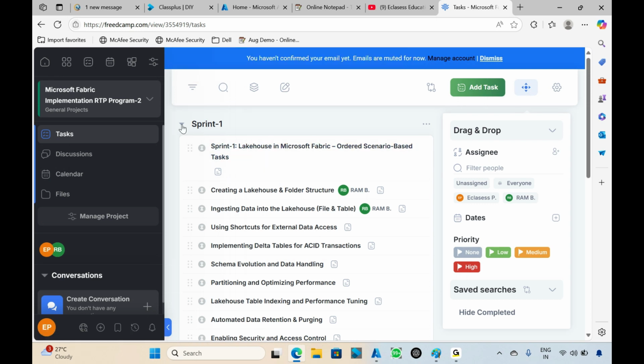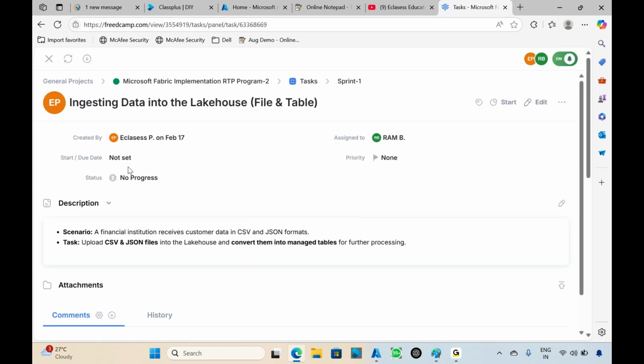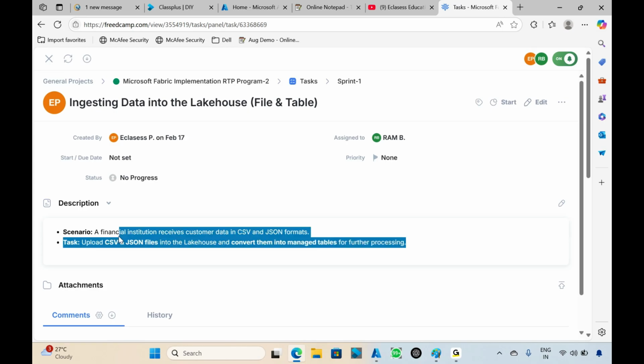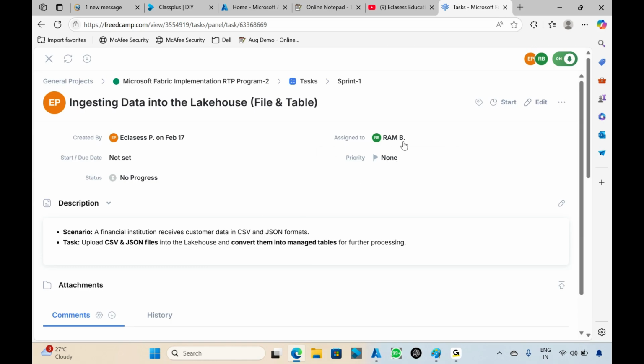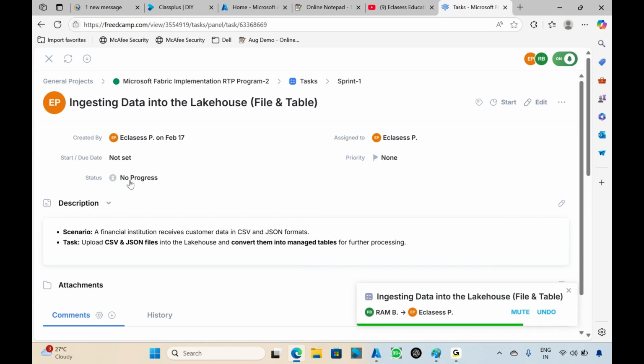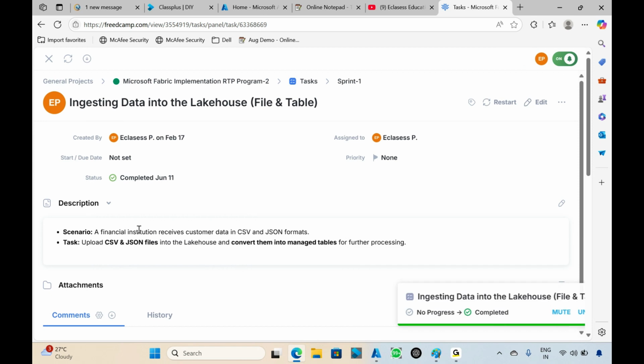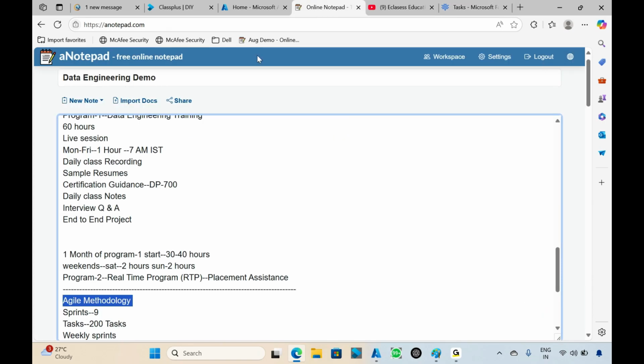See here. They will create sprints, sprint 1, sprint 2, sprint 3 for your projects. And you have to see what the task is. This is ingesting data into the Lakehouse file and table. This is one task, and these are the scenarios of what you have to perform. This task can be assigned in your name, and you have to work on it. When you complete this task, you have to mark it completed. This is what exactly will happen in real time. So we are expecting every student to complete these 200 plus tasks,